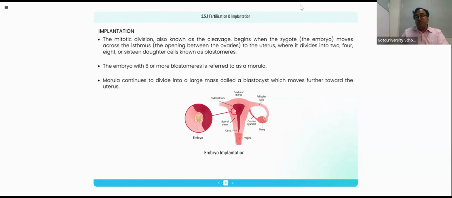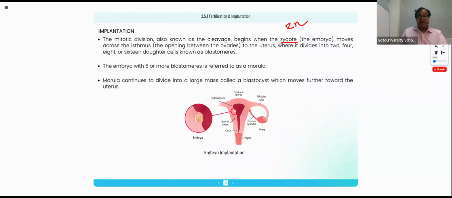Mitosis division is also called cleavage. What do you mean by cleavage division? Where is it happening? In the zygote. What do you mean by zygote? Developing embryo. What is the other name of developing embryo or zygote? Fused egg, also called fertilized egg. So many terminologies they are using. So the word embryo alone is not acceptable. Developing embryo or zygote or 2N or fused egg or fertilized egg is responsible for the formation of